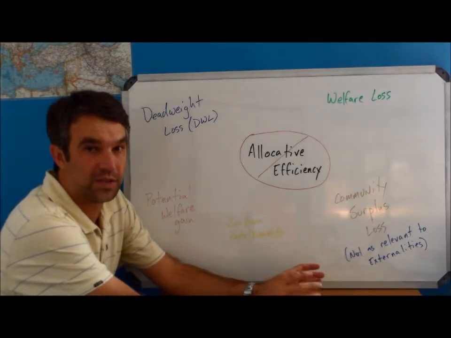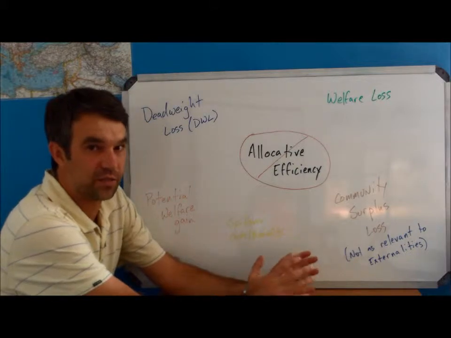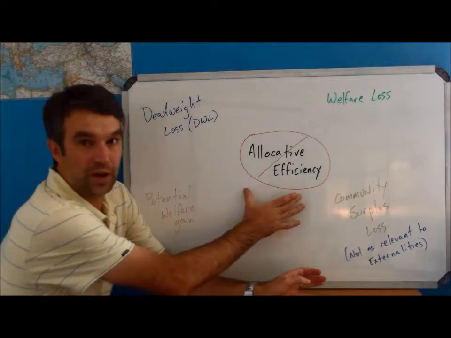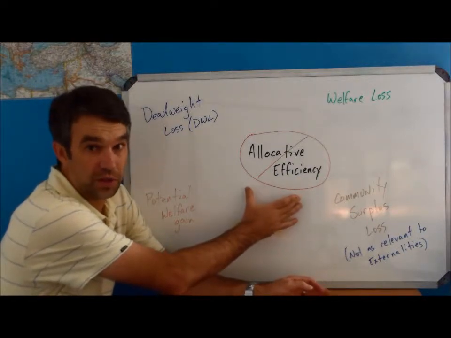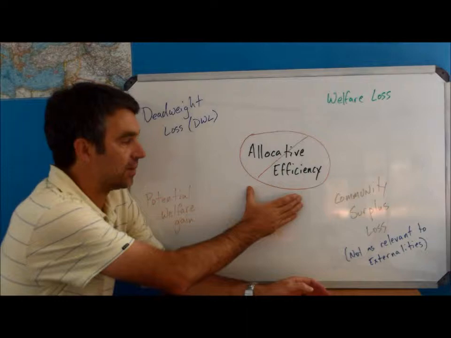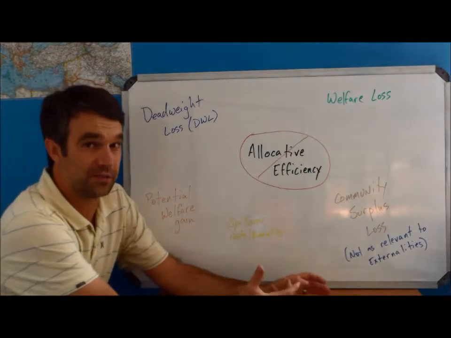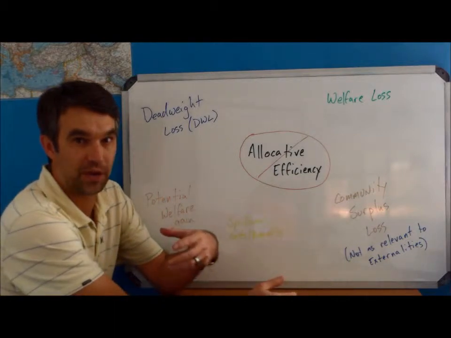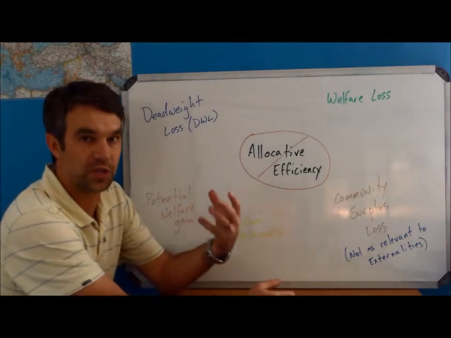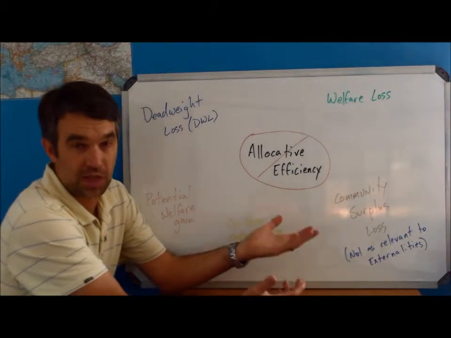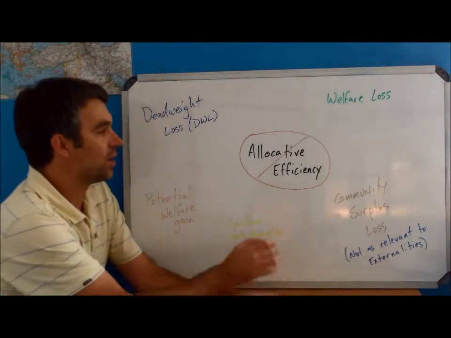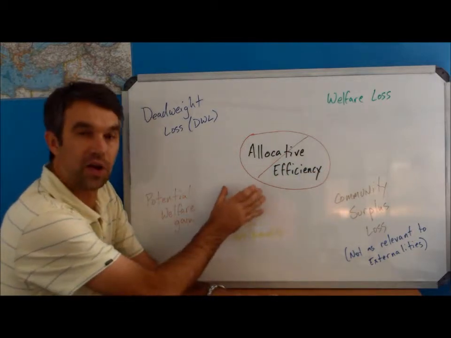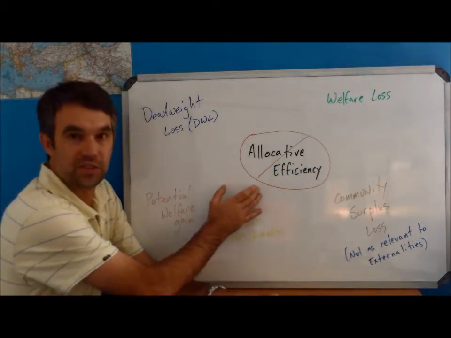You may have noticed that we've begun to introduce lots of different vocabulary terms that talk about getting away from allocative efficiency, or the failure to get to allocative efficiency. Economics is a very vocabulary-rich course. That is, understanding your vocabulary really can help you express yourself in a solid economic way. I think what's important about all these terms is that we remember that they're all indications that allocative efficiency isn't